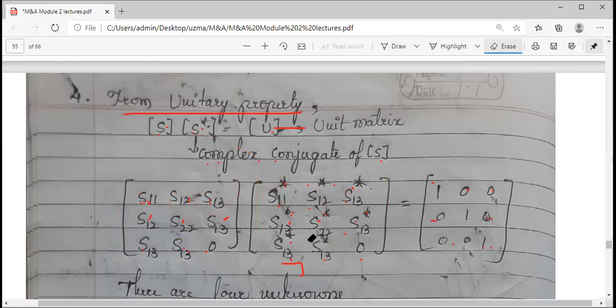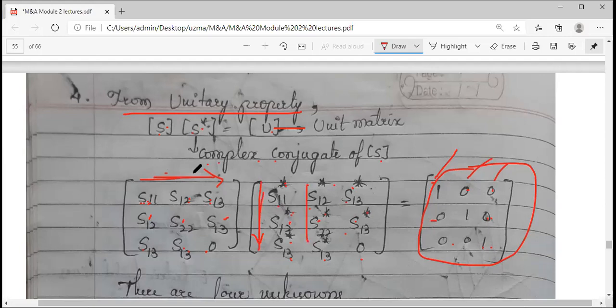Now the next step is, how will you find this? You have to multiply rows and columns. You can see we have 4 unknowns. If you see here, I can multiply a row and a column. I can equate it to these numbers, right? So how many equations may I get? First row, first column, first row, second column, first row, third column. So I'll get 3 equations. First row, first column is equal to 1. First row, second column is equal to 0. First row, third column is equal to 0. So I'll get 3 equations.